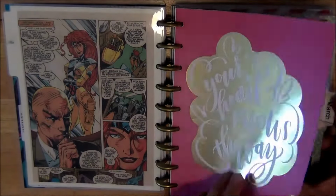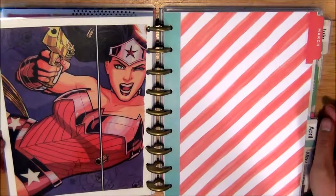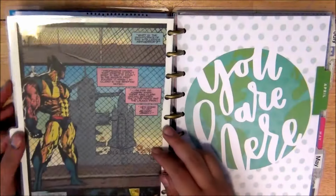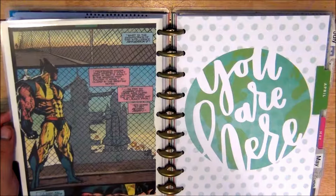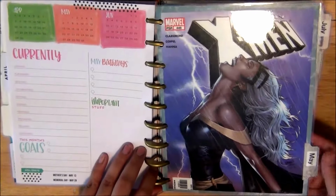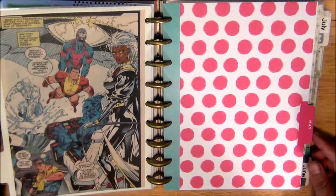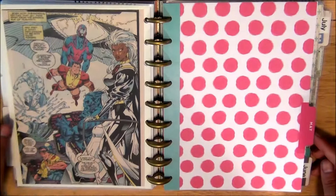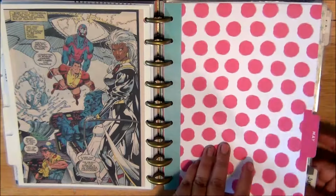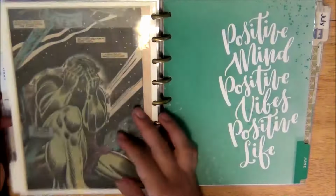For March, I have the Justice League and then Wonder Woman on the back. For April, I have Wolverine and then just a different pretty image of Wolverine ready to kick butt in there. For May, I have Storm and then Storm here. Oh, I didn't even notice Archangel's in there. I think that's his name. Yeah, Archangel and Iceman. Here, for June, I have the Hulk, and then just a different image of him, of